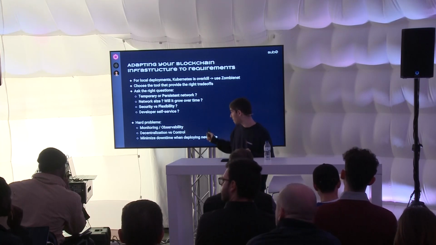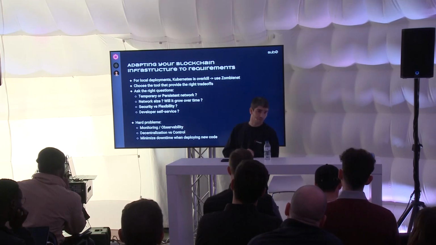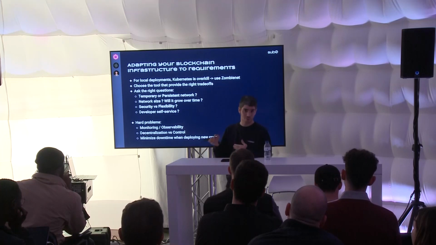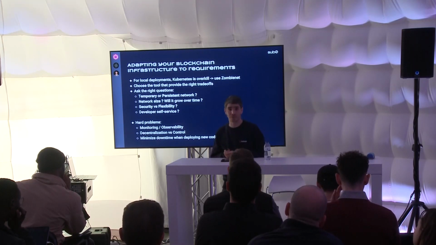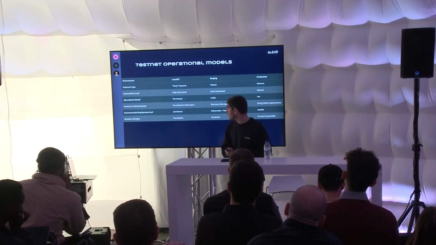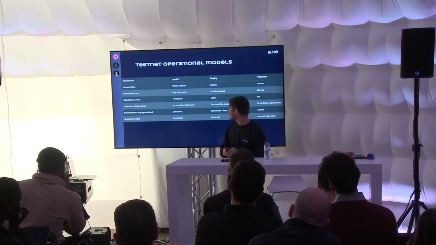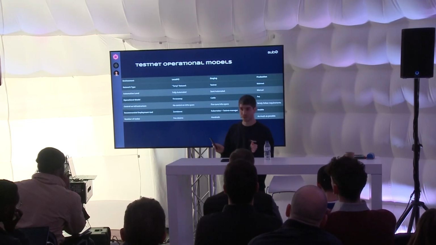And you also want to minimize downtime when deploying these new codes. I mean, if you deploy experimental code, it very often will break. And as I said before, if you break the consensus, you break the chain. So I want to summarize it a bit in this last table: for me there are 3 ways to manage